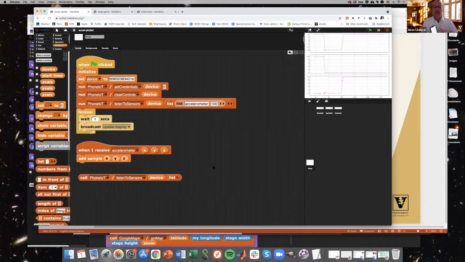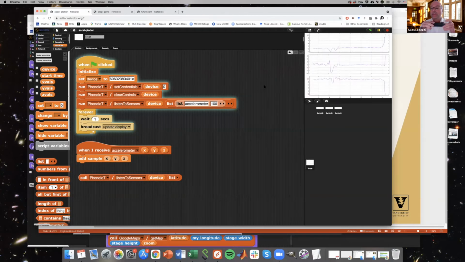Okay, so I don't know how well you can see my display. It's actually blank. It doesn't show anything, right? Because we haven't put any user interface elements on the screen. But if I start this, okay, it's connected to my phone. So if I'm holding it motionless, it's auto scaling. So you see some variations, but let me flip the phone over.